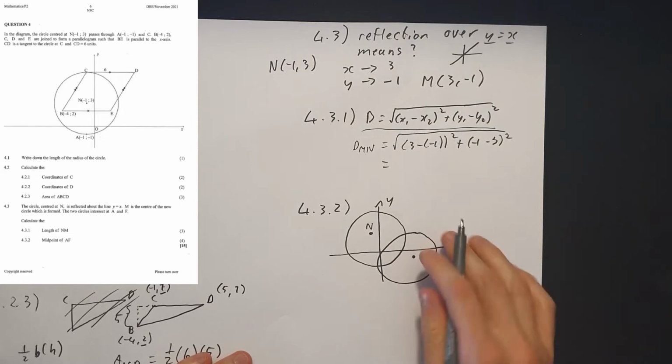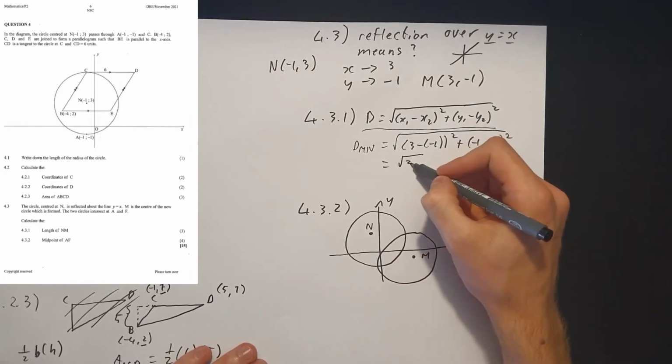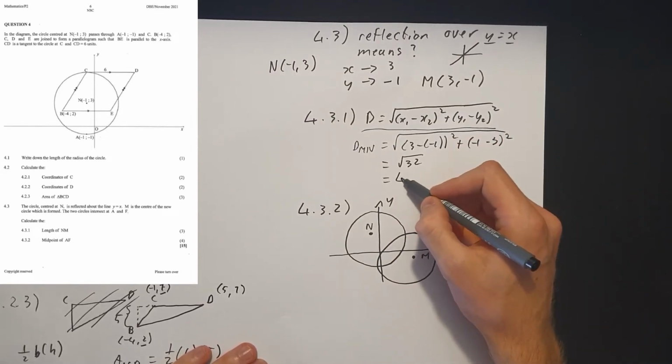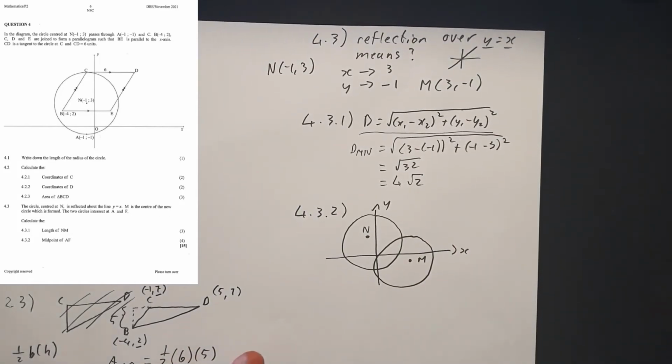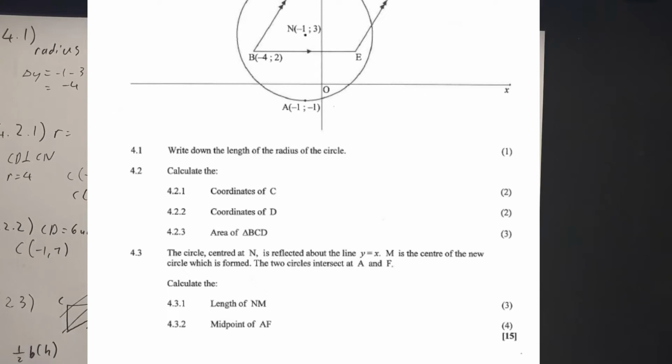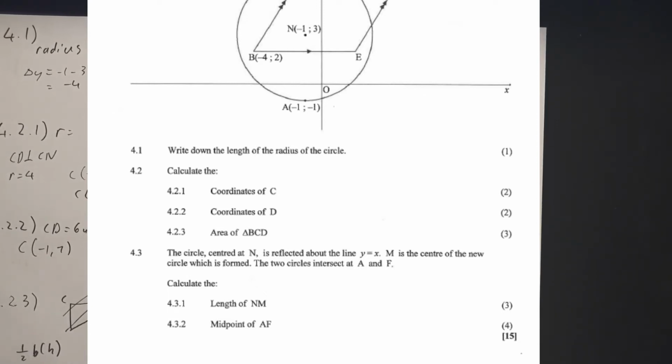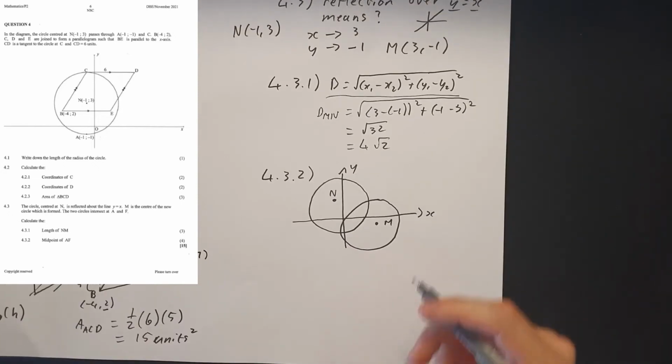If you plug that into your calculator, you get the square root of 32, and you can simplify that to 4 root 2, or you can put it in decimal points if you want. Now the last one there, 4.3.2, says the midpoint of AF. Now the important thing is you need to find out where